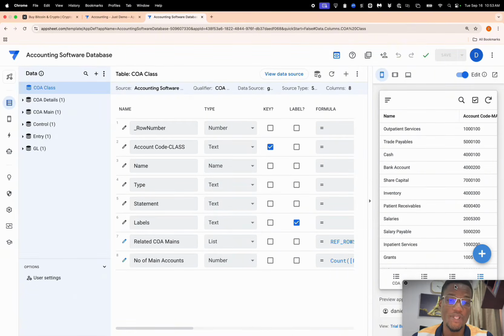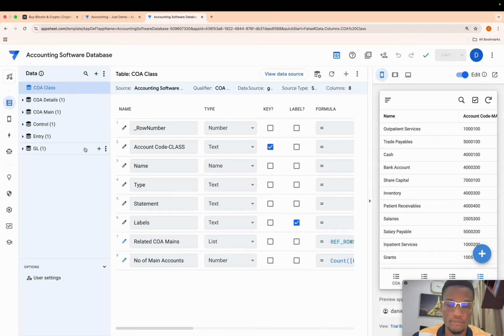Okay, guys, so let's continue with the next aspect of our accounting software, that is creating our financial statements, i.e., our income statement and our balance sheet. So far, we've done everything from GL, from creating our trial balance, we're having our debits and credits and whatnot. And now what we want to do is to create our financial statements, and that's having the income statement and the balance sheet. Okay, so let's see how we can do this with what we already have.